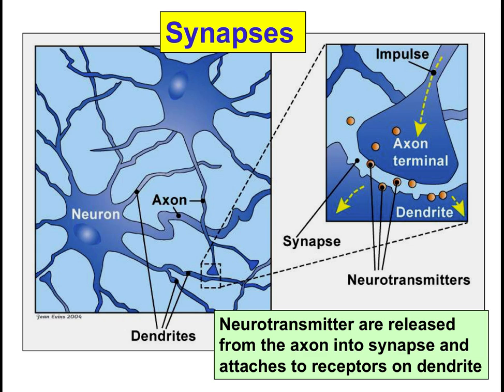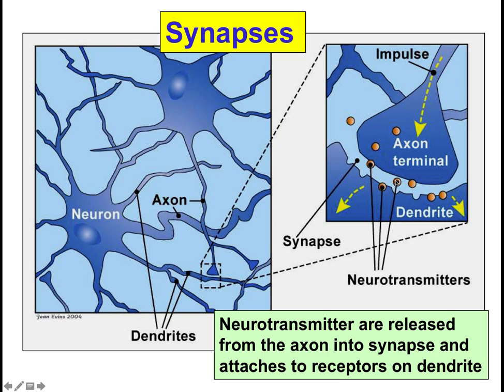And so if you'll see in the picture to the top right, a close up view of one of these axon terminals, just the end of one of the axons, will show that it doesn't directly touch the dendrite. There's a little space there. That space is called the synapse. So in order for the nerve impulse to come down the axon and actually transmit across to the other nerve cell to the dendrite and continue, requires something called a neurotransmitter.